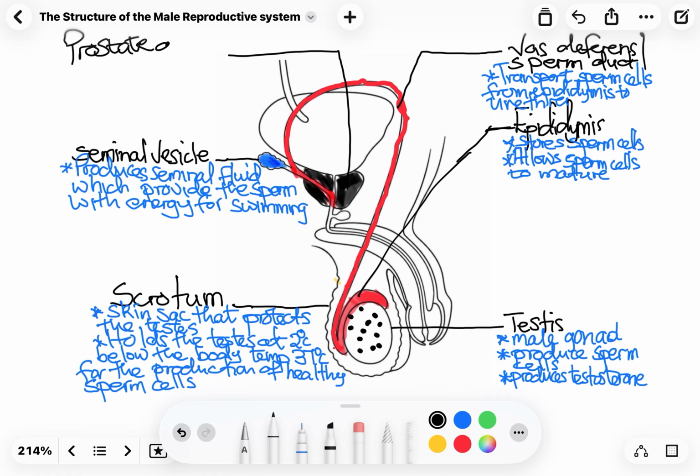Prostate gland. Right. So our prostate gland. Right, maybe before we start talking about the prostate gland,